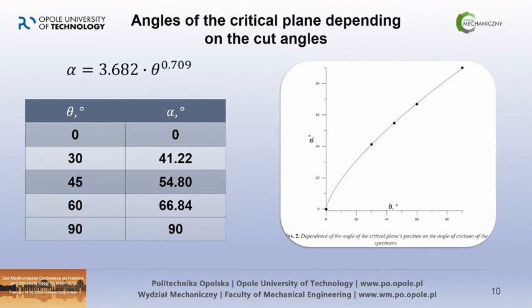After using this criterion, we have determined the angles of the critical plane, as we had to define where this critical plane would be. And we have found out that there is a relationship between the angle at which the specimen has been cut out and the angle of this critical plane. As you can see, this is an exponential function,